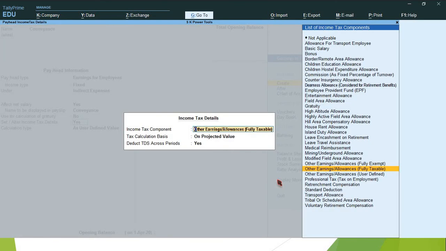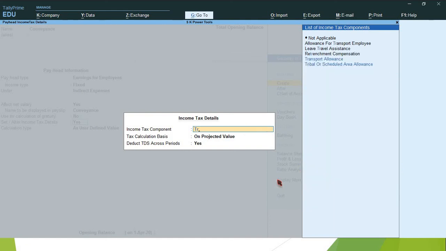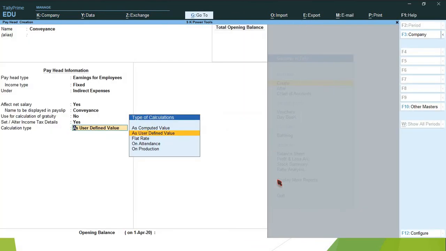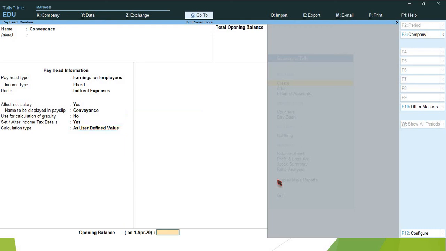So here you have to select transport allowances on projected value. So here select as user defined value. Accept.